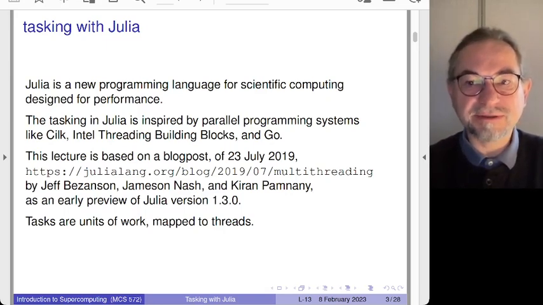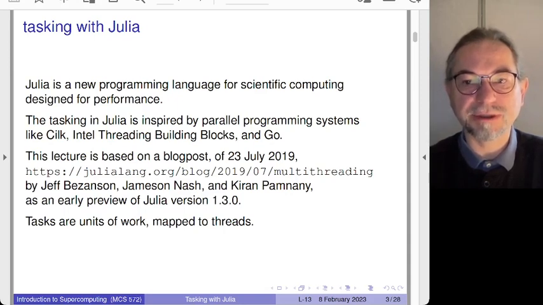The bottom line of these slides is that tasks are lighter and more logical than threads. Threads are typically mapped to the processor cores. Tasks are typically functions or even individual instructions. So it's a lot faster to launch a task than it is to launch a thread. Also, termination of tasks is